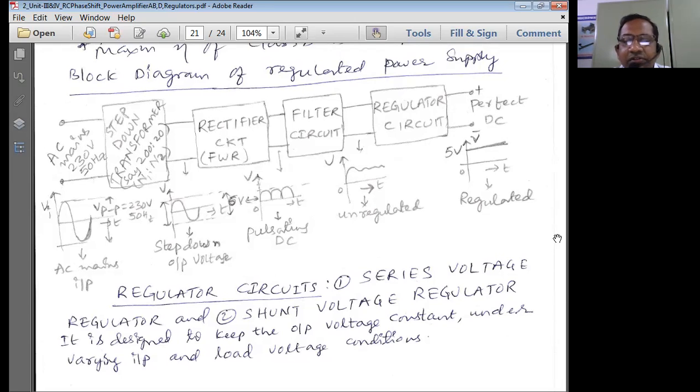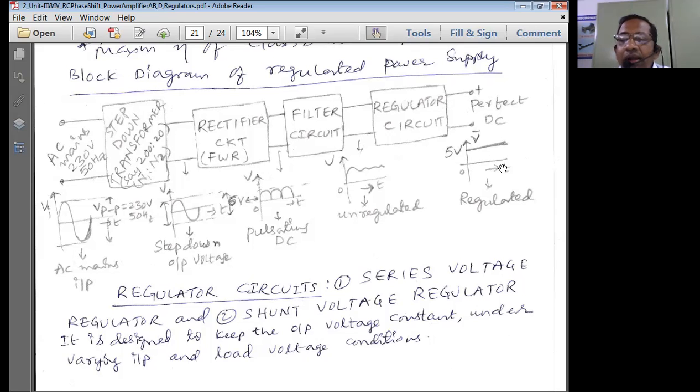Already we have introduced this in the rectifiers chapters. In the previous semester, you discussed rectifiers in the electronic devices subject. So the output of the rectifier with filter is given to the regulator circuit. This regulator is normally going to give us a pure DC signal. Once I say pure DC signal, what I mean is that, irrespective of small changes in the input signal, the output should not change. The output should always be 5 volts, irrespective of changes in the input signal or changes in the load current. By doing so, we have to get a constant voltage.